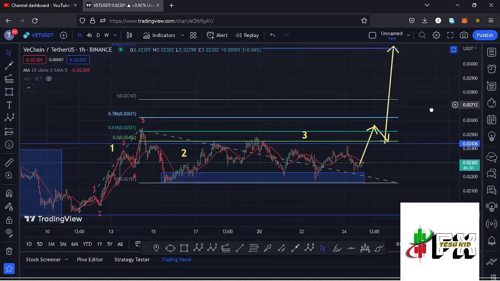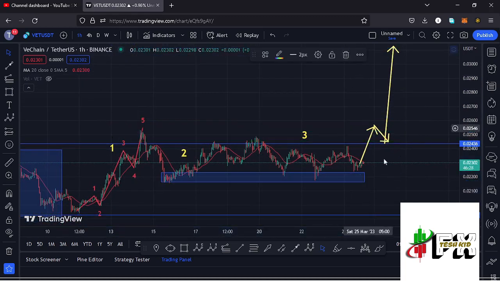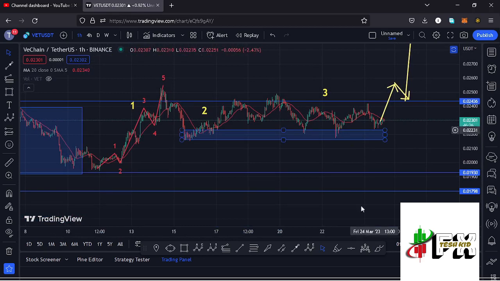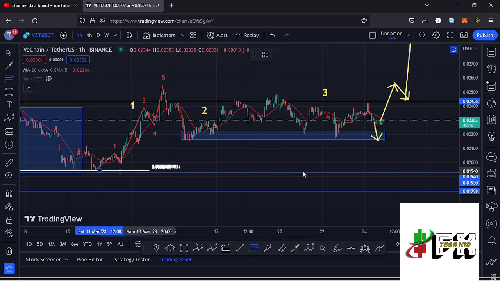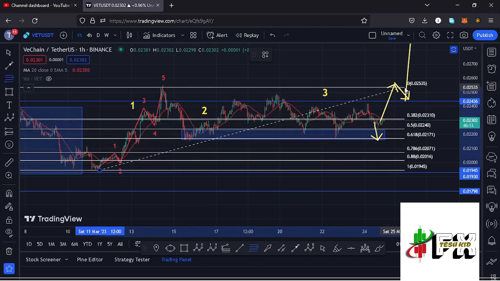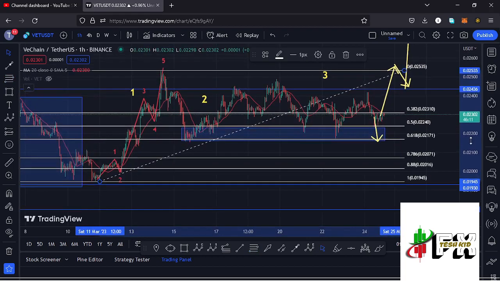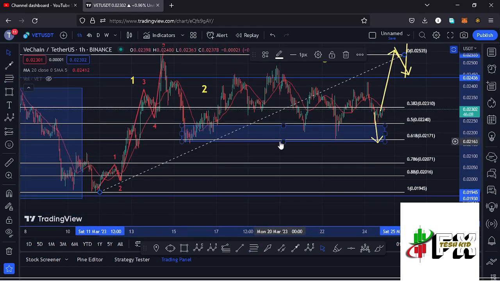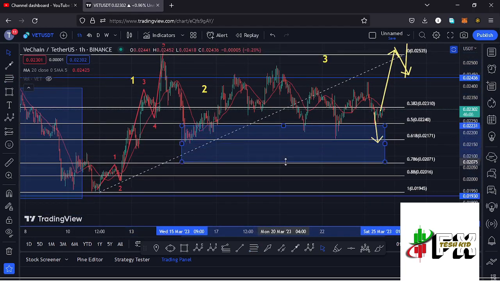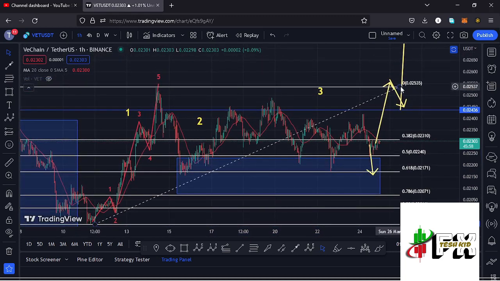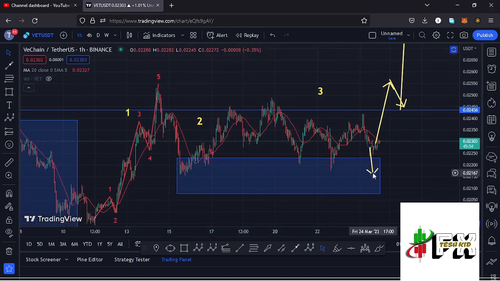But in case the breakdown continues, we get back into this blue target area, and maybe at some point we lose the lower side of this blue target area, which is the fib level 0.618. Then I'll be watching the next key areas here on the Fibonacci's, which is the fib level 0.78, which is still a minimum retracement area in the formation of that wave 2. And because of that, I want to extend my target area down here back to the fib level 0.78, which lies at around the $0.02071 mark,